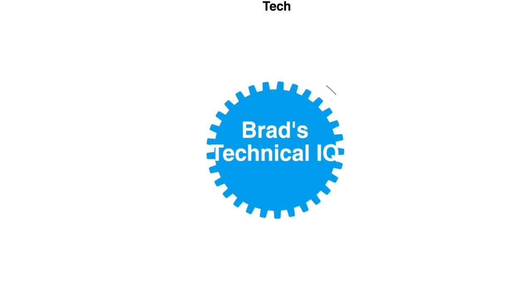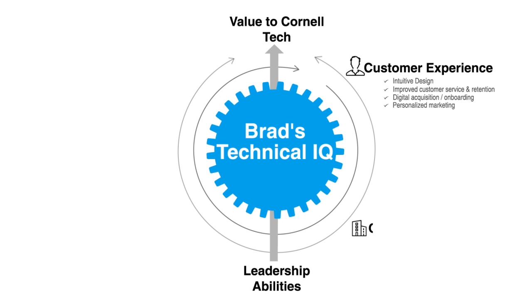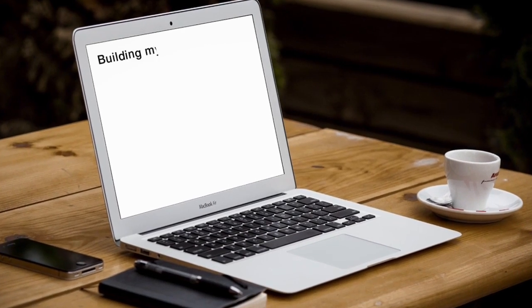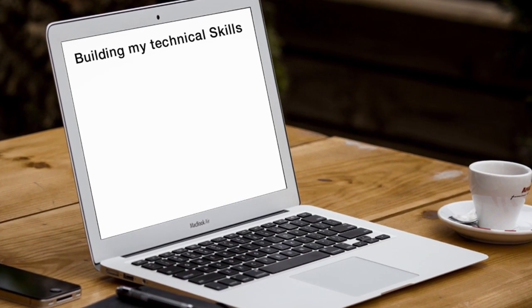My consulting career is focused on delivering innovative solutions in the healthcare and financial service industries that address three imperatives: customer experience, operational improvements, and regulatory considerations. Through designing applications for these variables, I've established a well-rounded technical foundation, leadership skill set, and broad understanding of end-to-end business operations. As a technology analyst for the Kentucky Health Insurance Exchange, I designed and developed over 30 customer correspondences